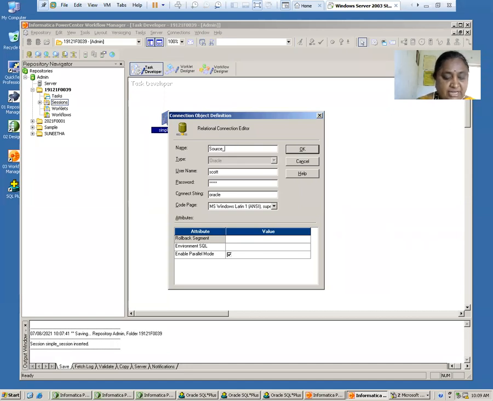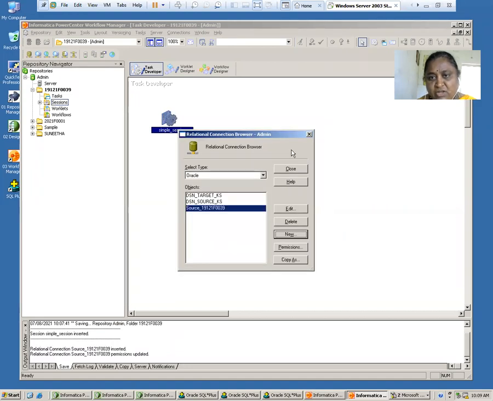I give the name as source_19121F0039. Right? So this is the source I created, and because I want to have a relational connection with my Oracle SQL Plus, I select my relational connection and I select my connection string. I click on OK.